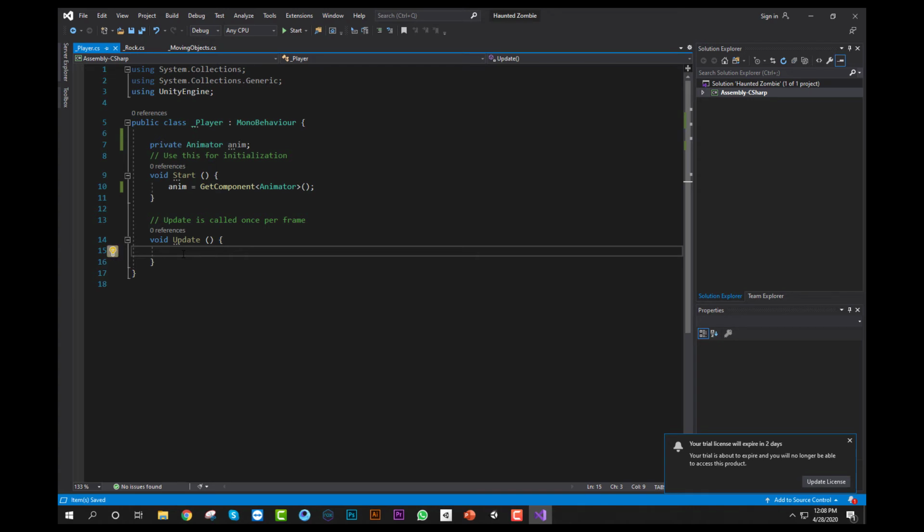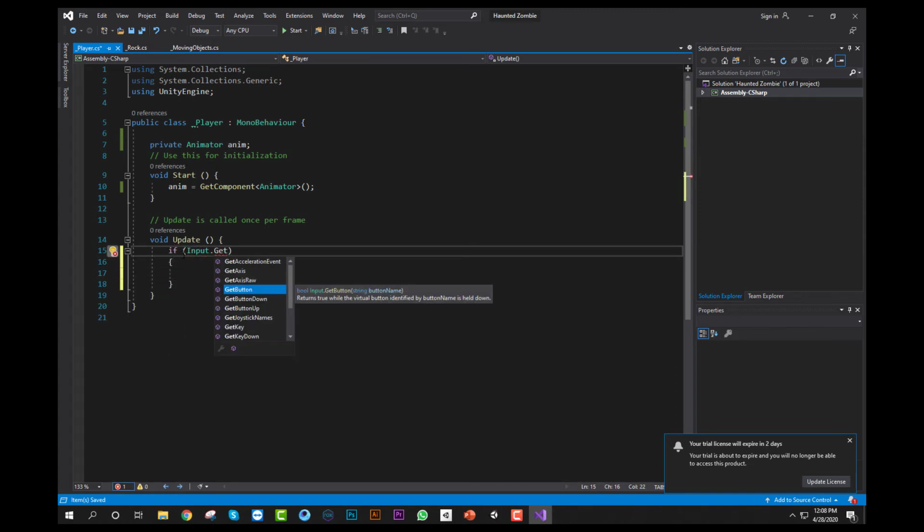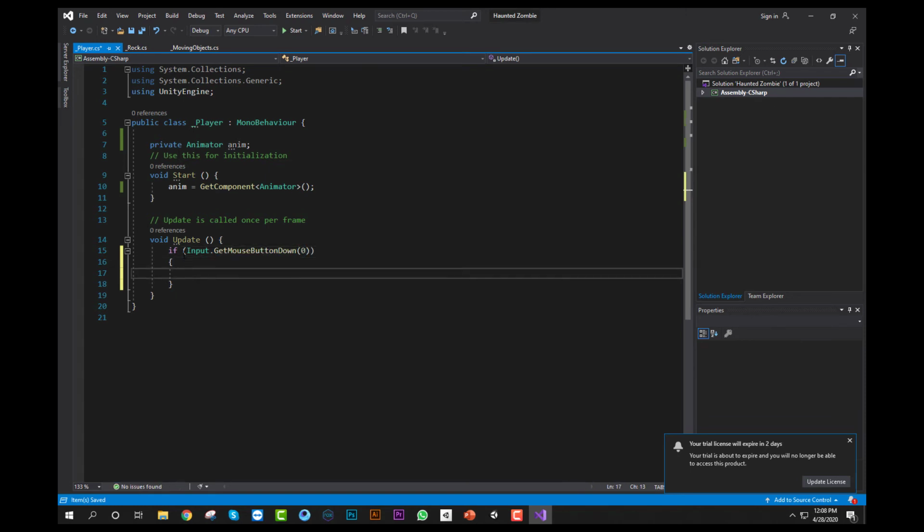When the user presses the key, the player will jump. So let's go. That was a simple logic.